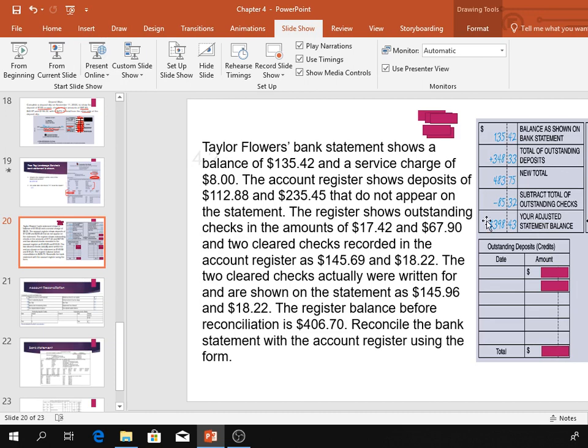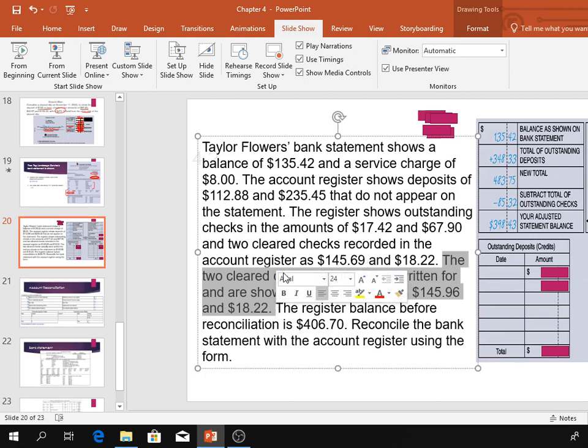So now, any other adjustments? When you're looking for adjustments, you're going to look for any interest. You're also going to look for another common issue, and that is checks may be written for a certain amount, but then they're recorded as a different amount, because of user error. Sometimes you'll see 34 cents as 43 cents and just accidentally switch the numbers. So if you notice, the two checks that were cleared were written for and are shown on the statement as